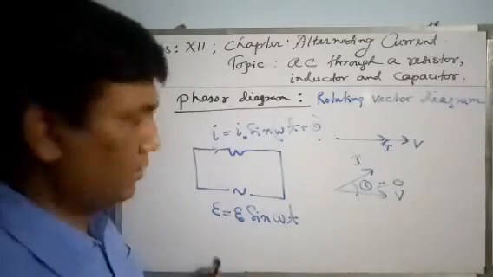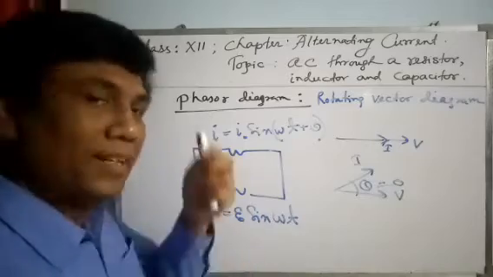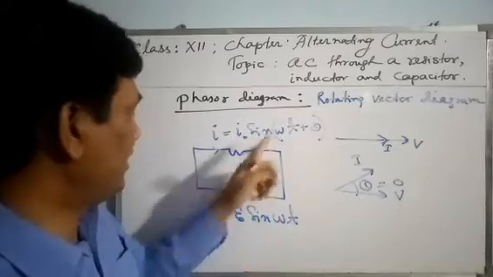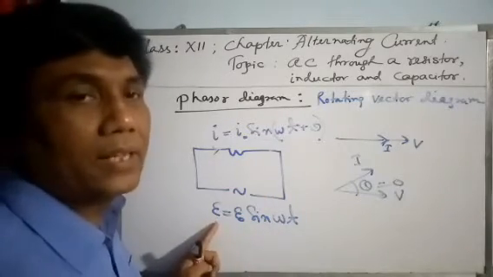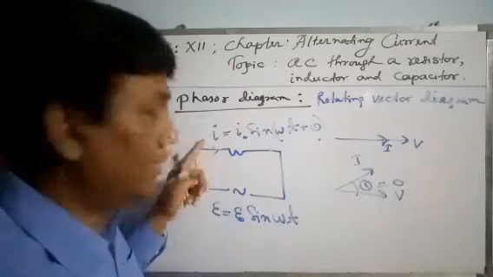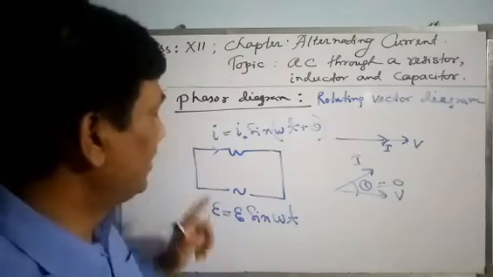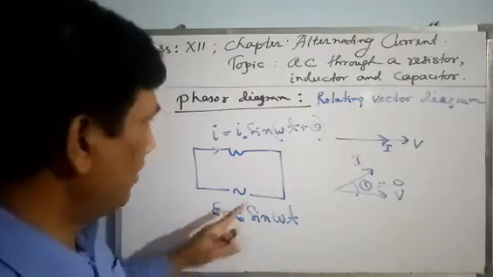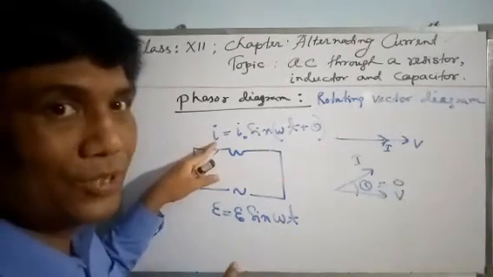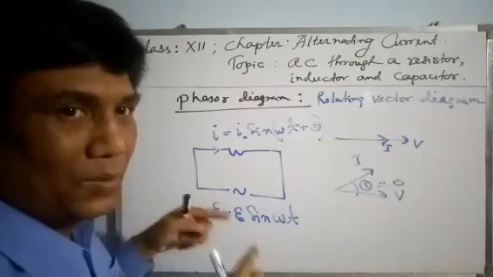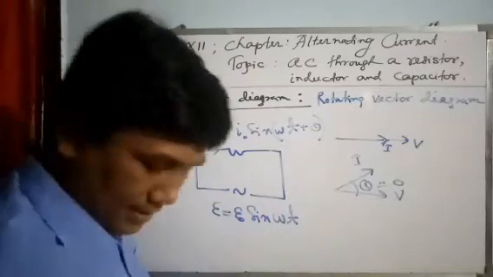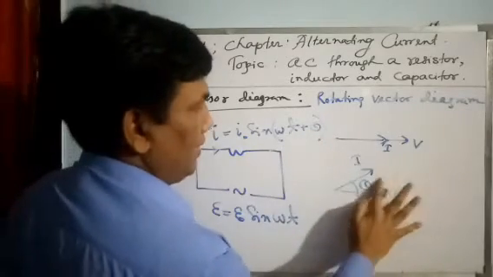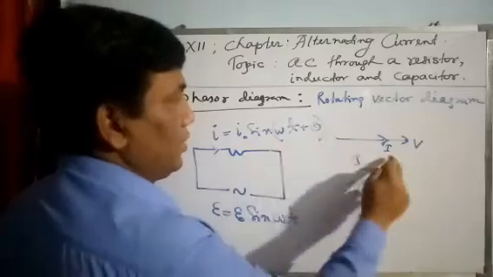If theta is not 0, it means current and voltage are not in the same phase. Though the frequency is the same, it means if voltage oscillates 5 cycles in a second, current also oscillates 5 cycles in a second, but they are not in the same phase. It means at t equal to 0, E will be 0, but at t equal to 0, I is not going to be 0. So there is some phase lagging. That is that theta, the phase difference. If it is not 0, like this. If it is 0, like this.